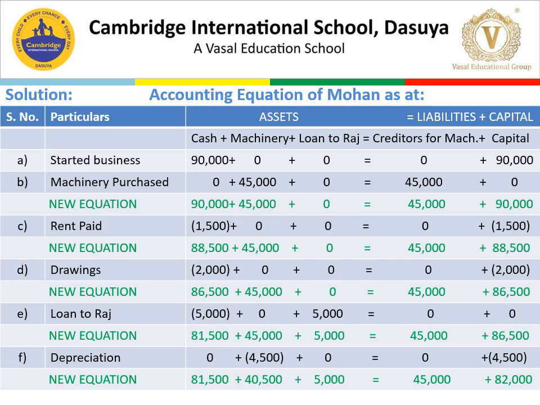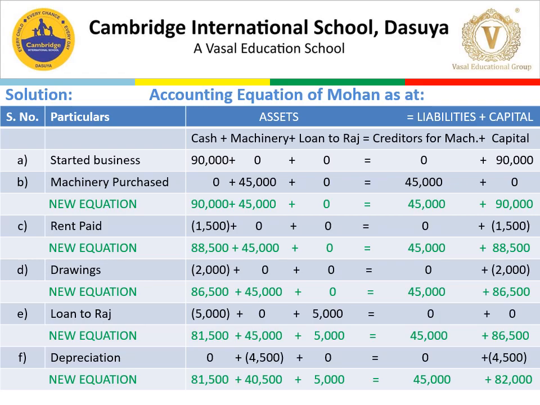Next is machinery purchased, and it is clearly mentioned in the question that machinery is purchased on credit. So there is no outflow of cash out of the business, so there will be no effect over the cash. But machinery comes into the business, so we will add machinery 45,000 in the machinery column. Since it is a credit purchase of machinery, it will lead to an increase in liabilities in the form of creditors for machinery, rupees 45,000. There is no effect over capital.